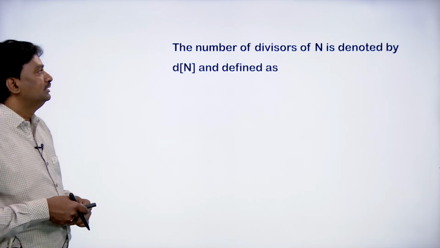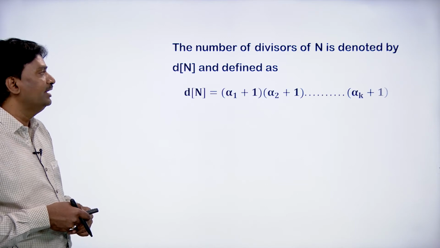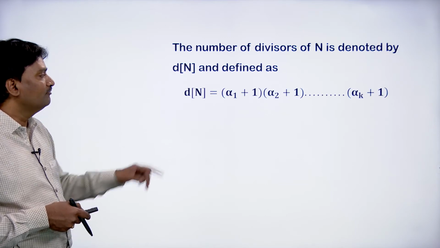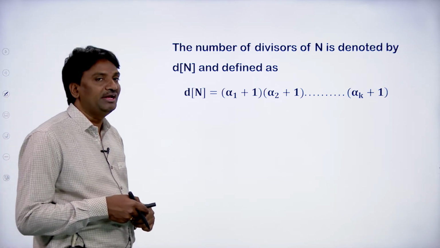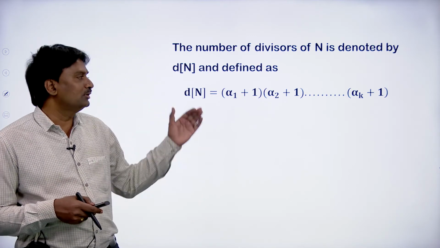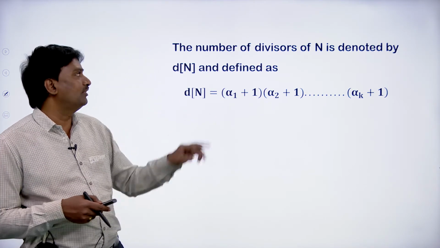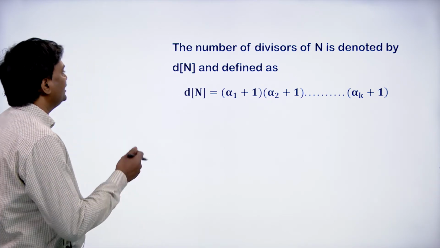Now, the number of divisors of n is denoted by d of n and defined as d of n equal to (alpha 1 plus 1) into (alpha 2 plus 1) into so on (alpha k plus 1). Just as we discussed about alpha 1, alpha 2, alpha 3, so on alpha k, the number of divisors of n. So, for example, if you take 12,